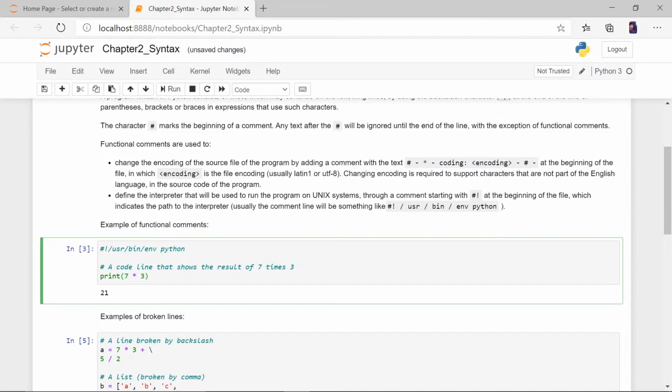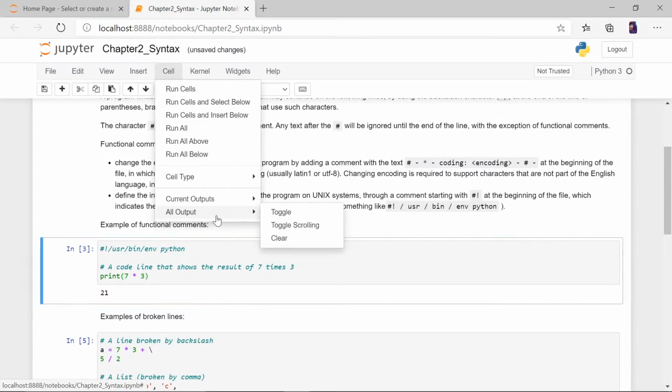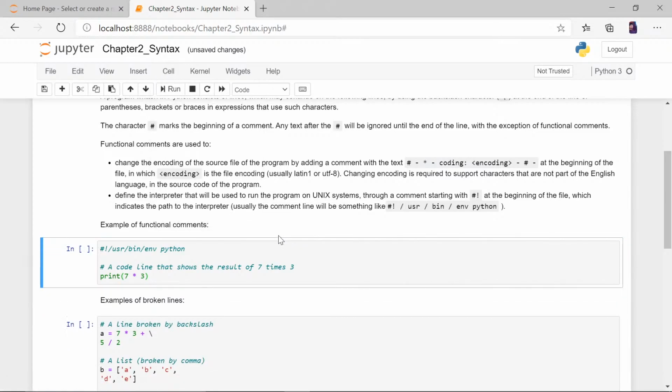We'll convert it to Python 3. And also, as I said, cell, all output, clear. Do this every time you open a Jupyter, or you will start from the point where the last person who sent it to you ended the whole process or the kernel.